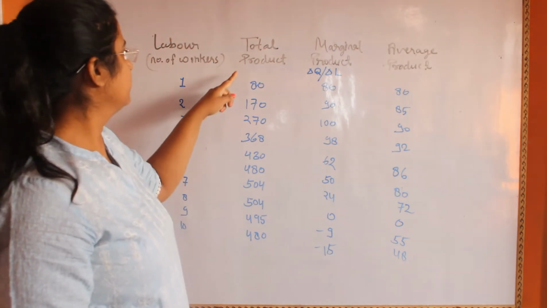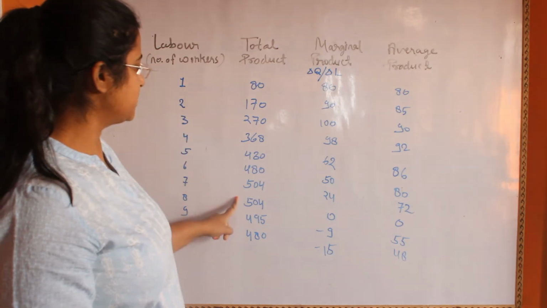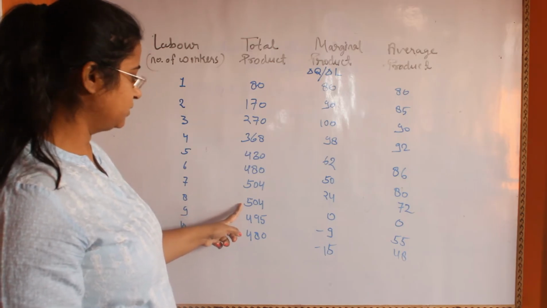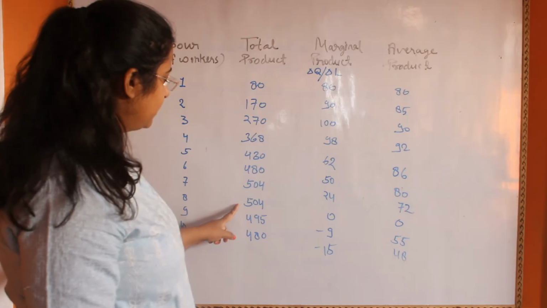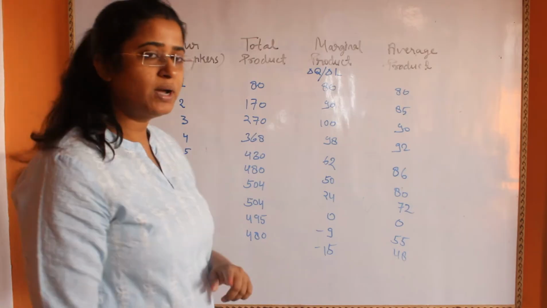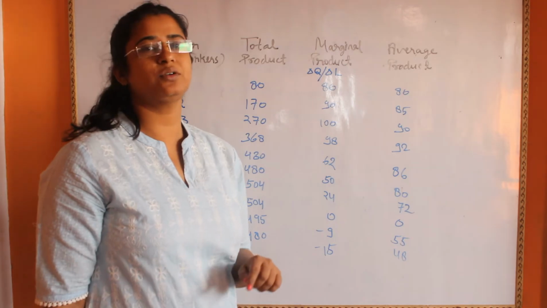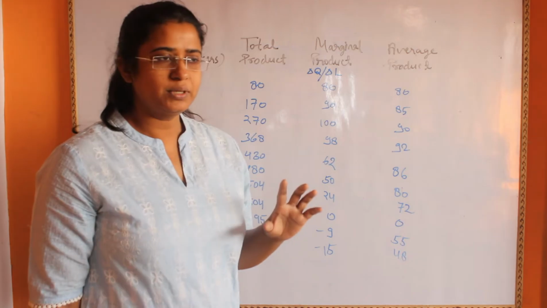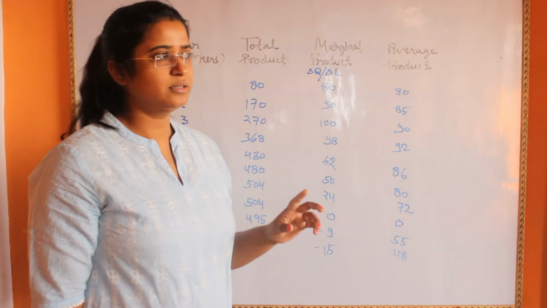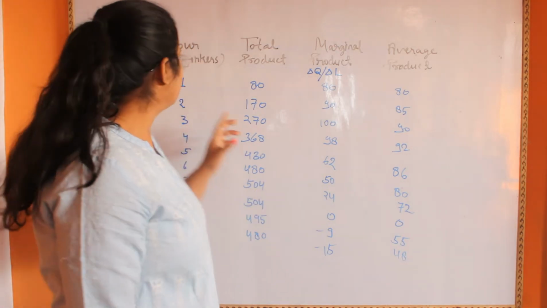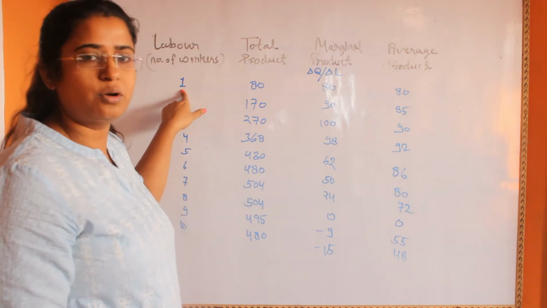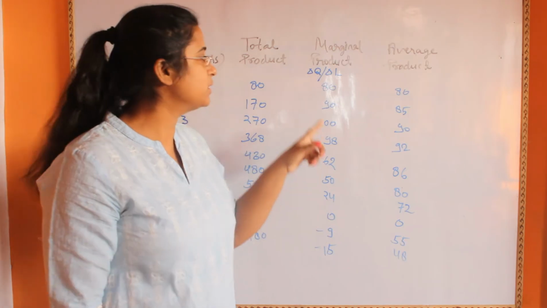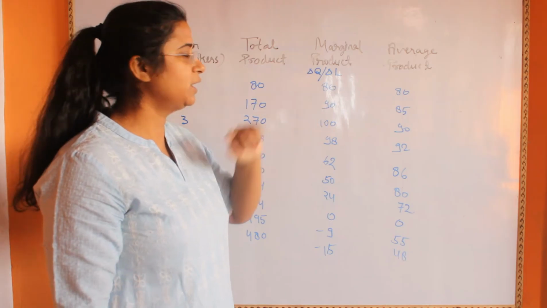You can see that the total product increases up to this point, here at the 8th unit of labor employed, and then it starts declining. Why does this happen? This happens because of the marginal product of the labor. Suppose a firm has just started and initially it employed the first unit of labor. So, the first unit of labor is producing 80 units of